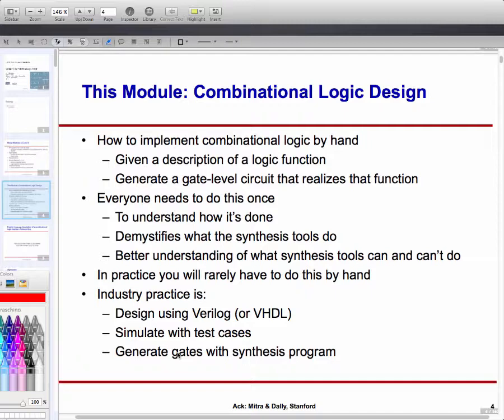You feed it into a simulator where you give it test cases and see whether it simulates correctly, and once you're happy with it, you hand it over to a tool which takes your hardware description language program, converts it into a file which you then send to the manufacturers, which makes a chip for you. So it looks not very different from the way you write software. You write it in Java or C or some language, you feed it into a compiler, it creates the program binary for you, you can run it. In this case, instead of running it, you send it to a company, usually